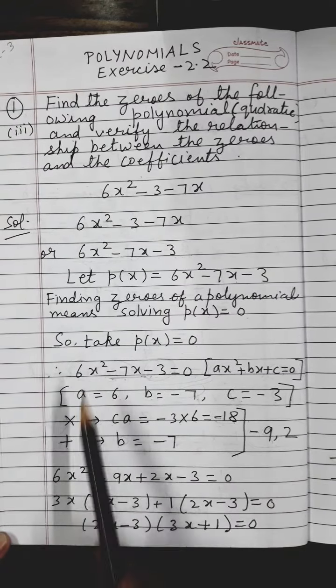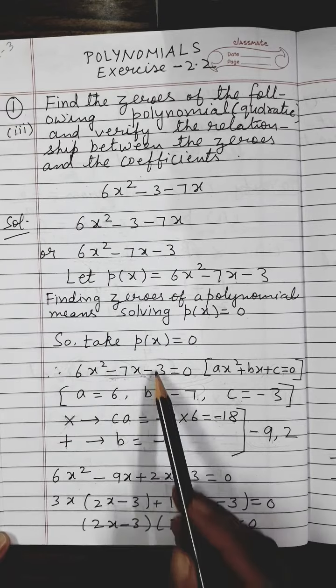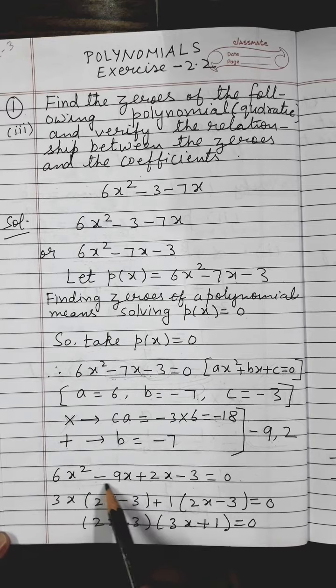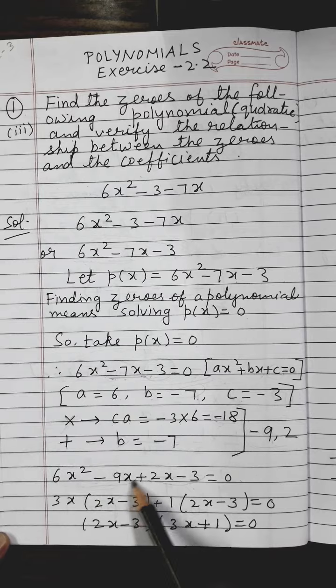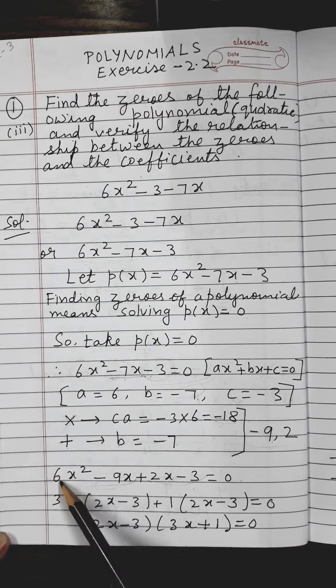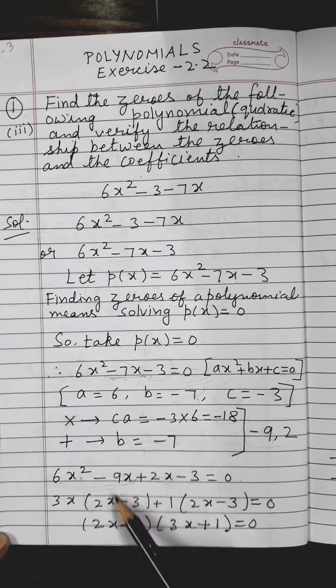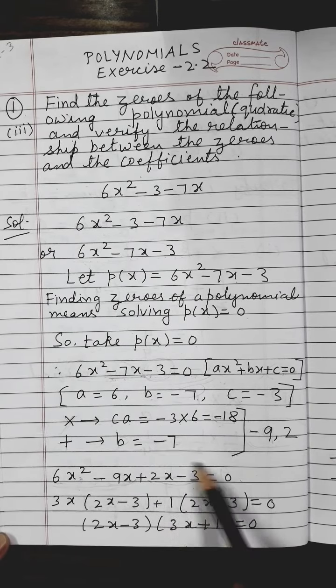So come to this step now. This is first term as it is. 6x square, then minus 7x I will write as minus 9x plus 2x, and this is minus 3 equals to 0. Next step mein I will take out common from the first two term. I will take out common from the third and fourth term. First I take the first two terms. What is common? You can see 3x is common in these two terms. So take out 3x common. So what remains from the first term? 2x minus minus. What remains from the second term? 3. Close the bracket. Now plus plus. From these two terms I see nothing common, but 1 can be taken out common from both the terms.